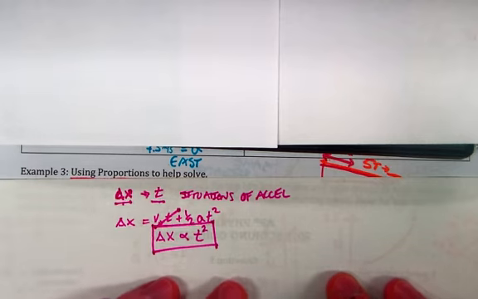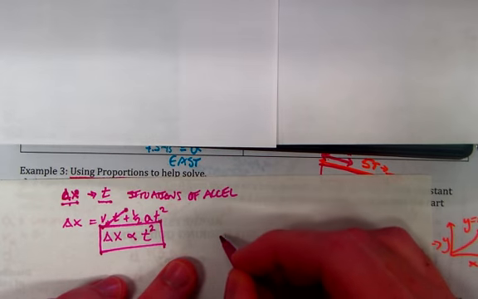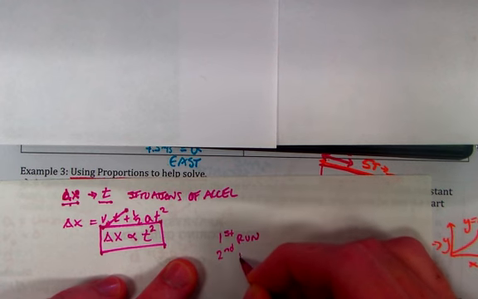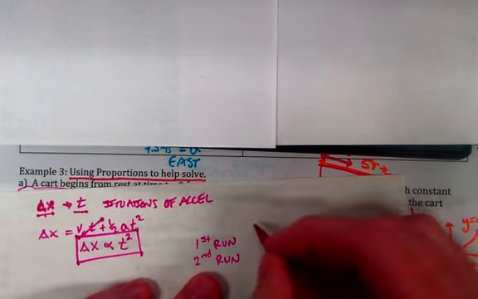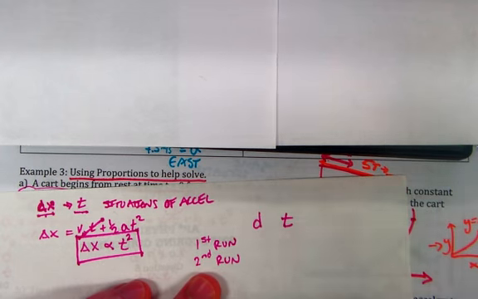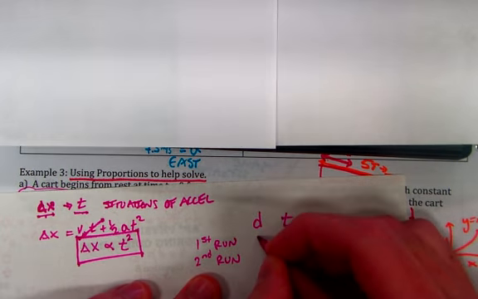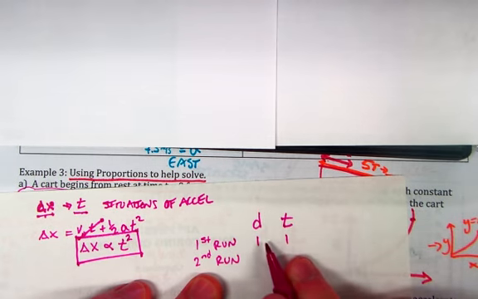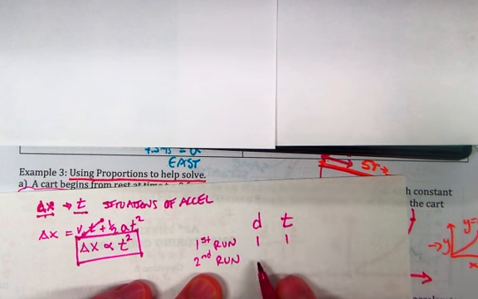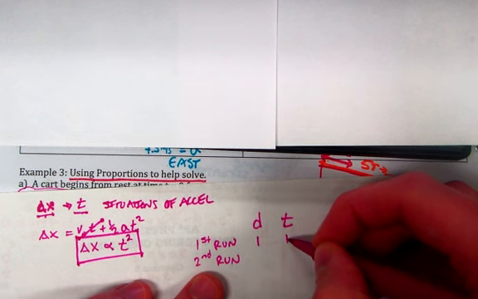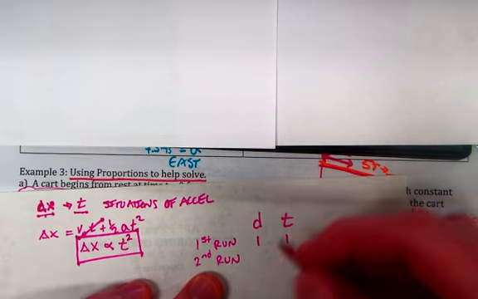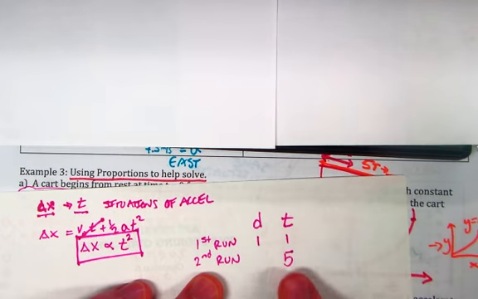The next thing I want to do is make a little table. We're going to have our first run and our second run, with distance and time. Let's say that on the first run we covered a distance 1 in a time 1. I'm just making up those two numbers because later we're going to compare the second run numbers back to those first run numbers. So if the time of the first run was 1, and the time of that second run was 5,